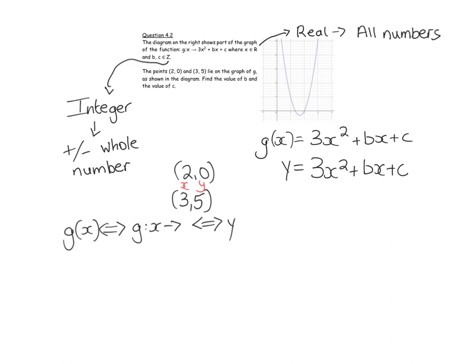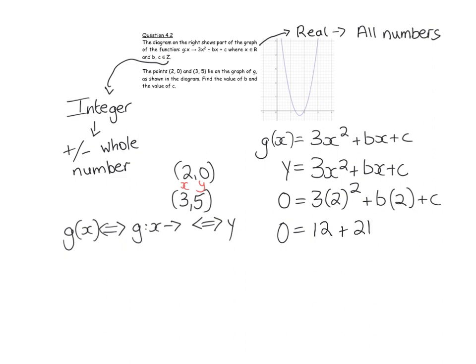And then we just sub in the point. So here 0 is y, so 0 is equal to 3 times, replace the x with 2, and replace the x here with 2 as well. And then we have plus c on the end. So to figure that out, this is going to become 0 is equal to 3 times 2 squared, which is going to give us 12,